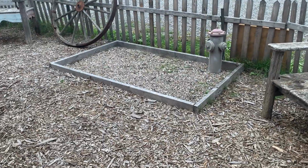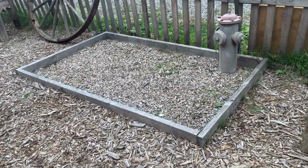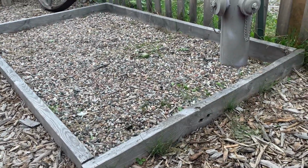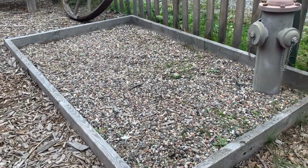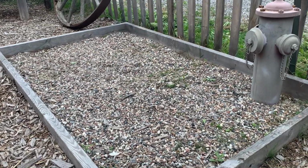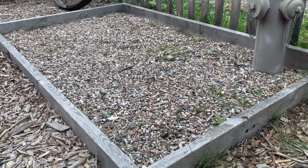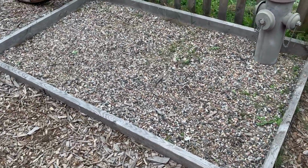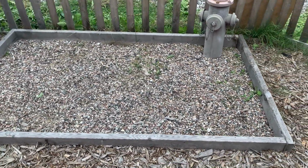A doggy toilet can be easily made to save a messy yard. A wood box like a sandbox with no bottom, 4x6, fill halfway with sand, top with pea gravel, use a bucket with lid and small gardening shovel to scoop each time. Compost bucket contents when full, bleach pea gravel each season, let bleach soak 2 hours with hose,